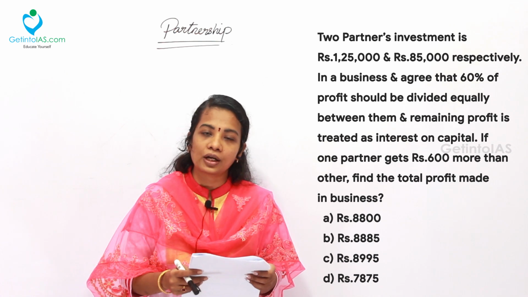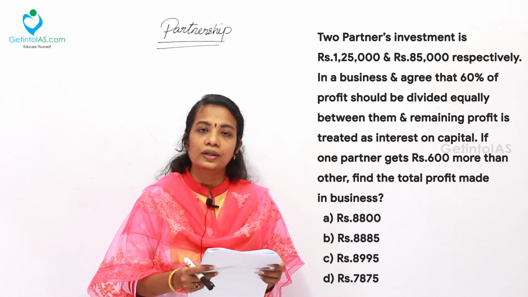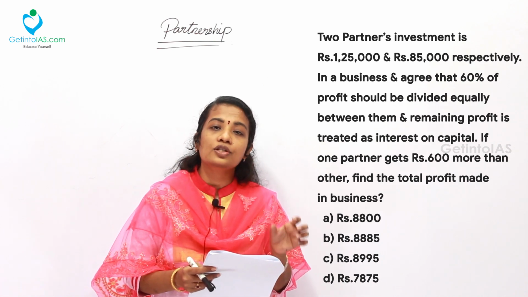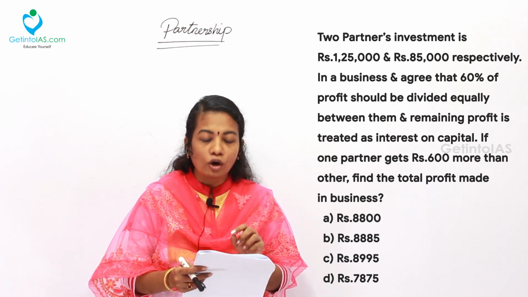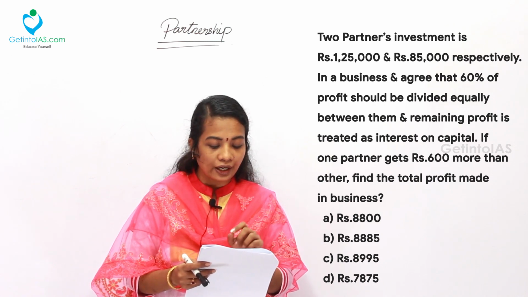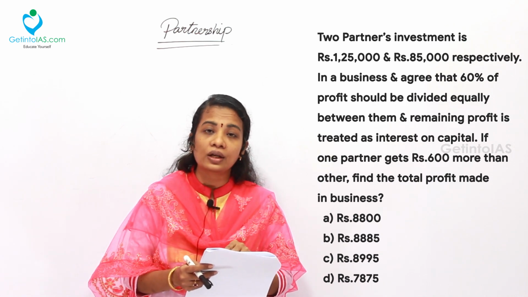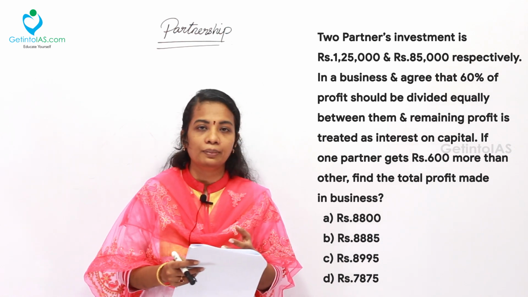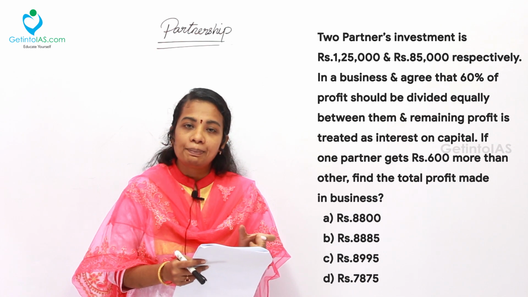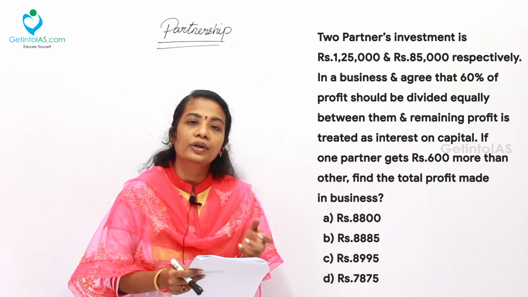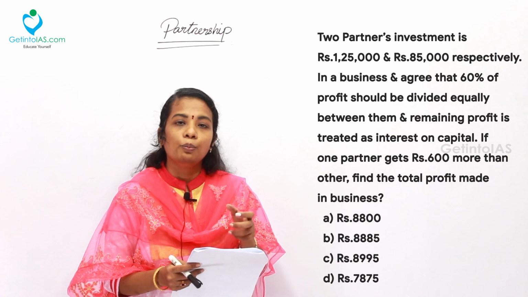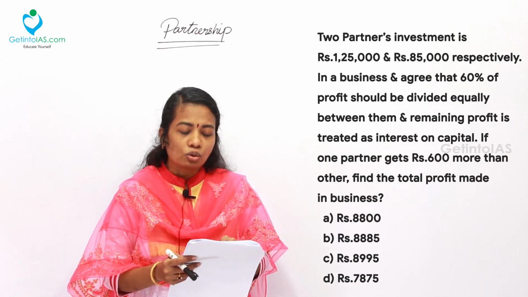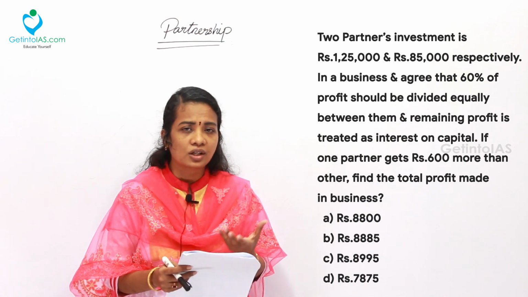Sometimes in the partnership agreement, they would have decided that part of the profit is divided equally and the rest of the profit is interest on investment. Interest on investment and interest on capital are both the same. You can underline the words interest on capital, which is nothing but every partner in the concern is allowed to get interest on investment based on the amount invested. So it is to be considered. So simply you can take the investment ratio to decide the interest.